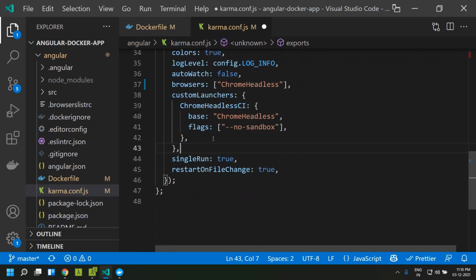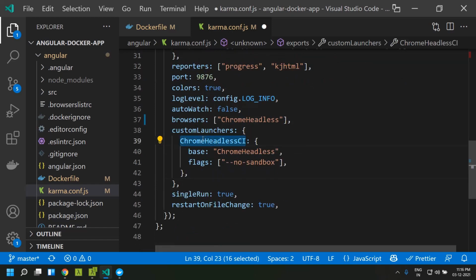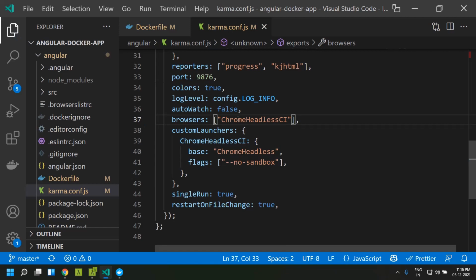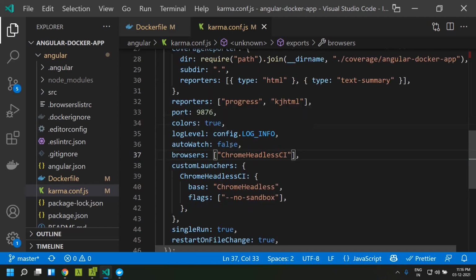Here I have added the custom launcher and named it Chrome Headless CI, which will make use of Chrome Headless with the flag no sandbox. In case you did not give this, our unit test will be failing within our Docker. So I am giving the custom launcher name as the browser so that it will be executed with the required flags.